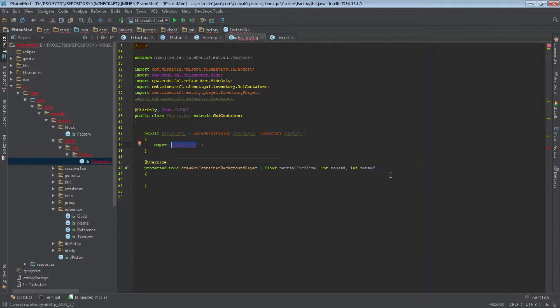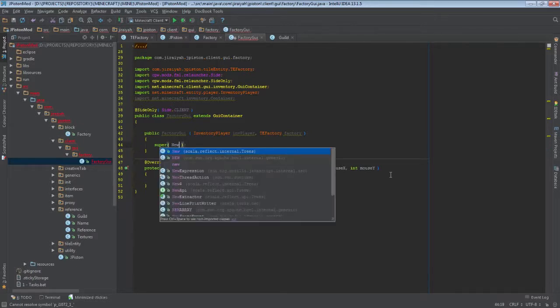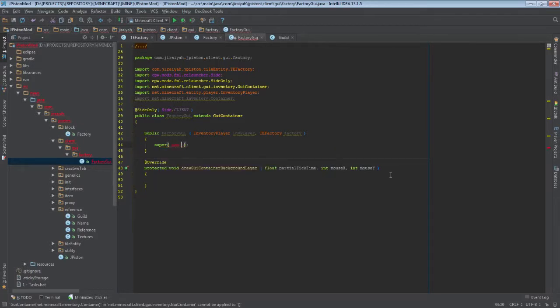Now we need to address the container. We say new